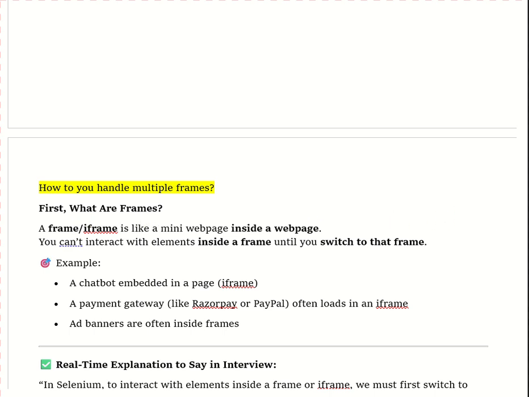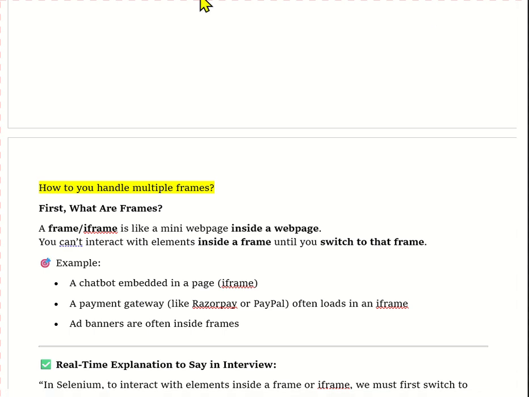First we will see what a frame is. A frame or iframe is like a mini web page inside a page, meaning a page inside another page is called a frame. We can't interact with elements inside a frame until we switch to that particular frame.